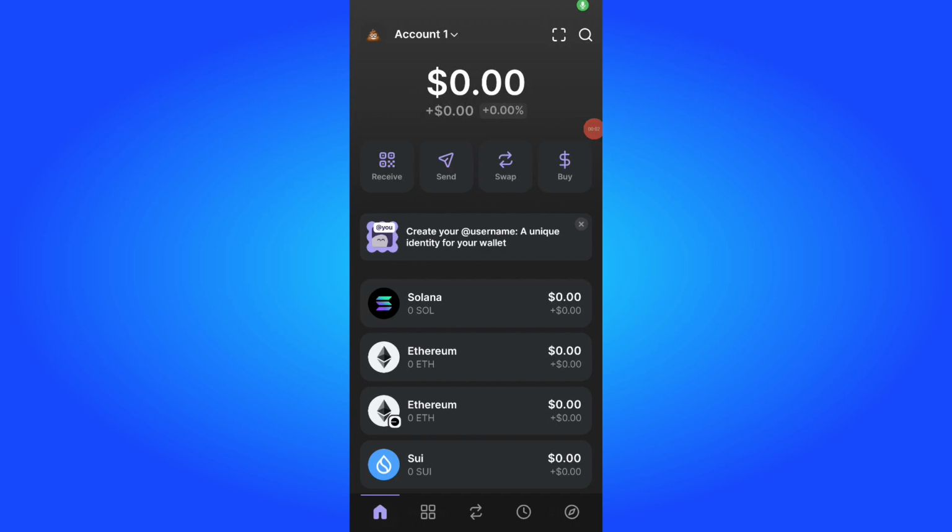In this video, I'm going to show you how to trade on Phantom Wallet in 2025. So Phantom Wallet is one of the most popular Solana-based wallets, allowing users to store, swap, and trade crypto seamlessly. So if you're new to Phantom or looking for a quick tutorial on trading, this guide will walk you through